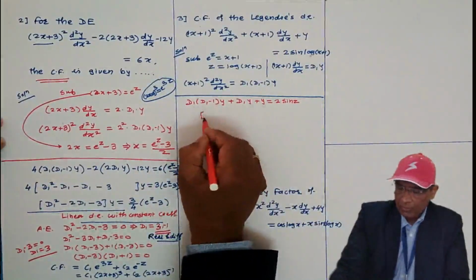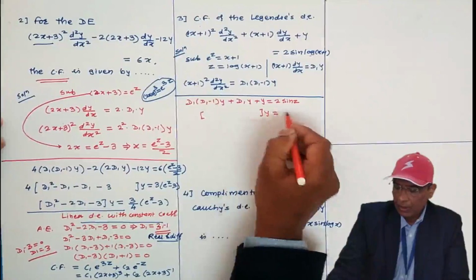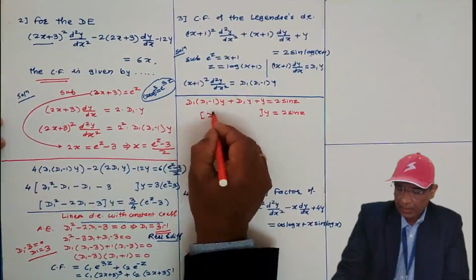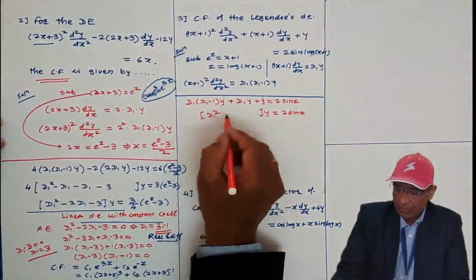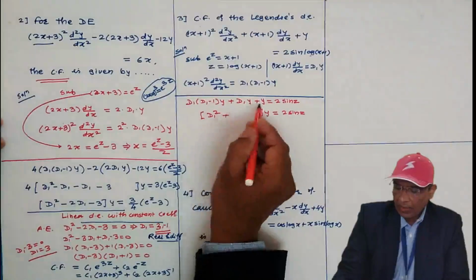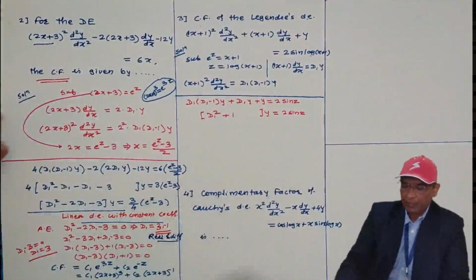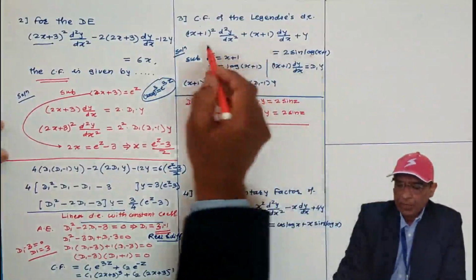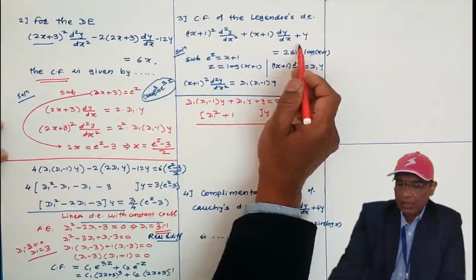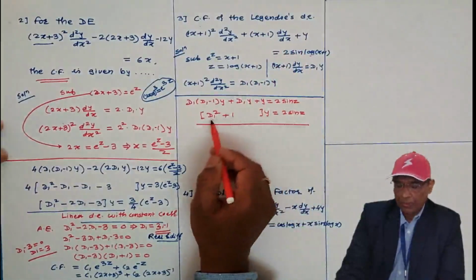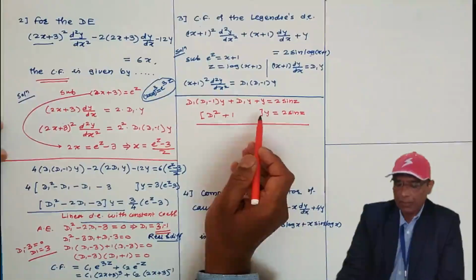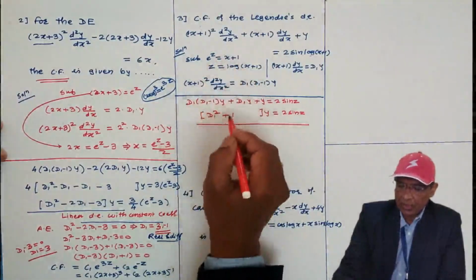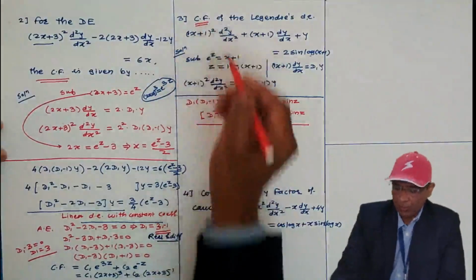Take y common. If you take y common, what will happen? Right hand side is as it is. d1 square, directly writing, minus d1 plus d1 will be cancelled, and y is common plus 1. This is linear differential equation with constant coefficient. The question may be asked like this: this differential equation will be given to you, and this is transformed into this one. Okay, d1 square y means d2y by dz square. Now here the complementary factor is asked. CF is asked, complementary factor.